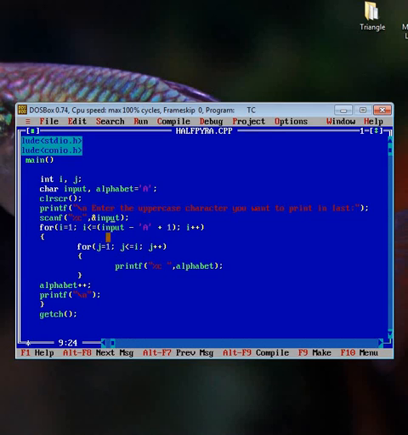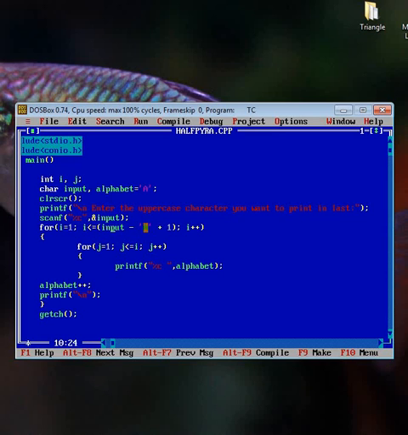Input means the character which you want to print in last, and in this example when I ran the program I entered E.